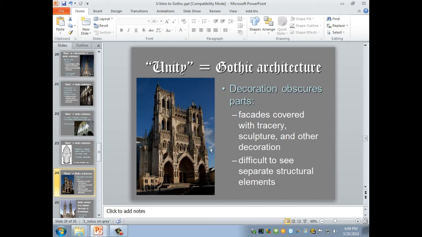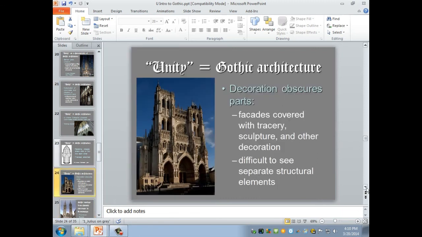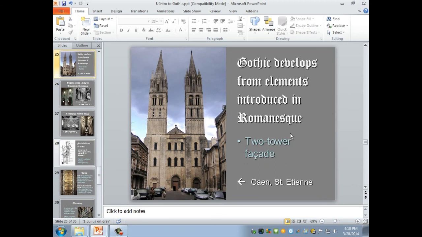The pointed arch is introduced in Burgundy in the Romanesque period, at Cluny 3, St. Peter and Paul, and you can see the pointed arches in the nave arcade, and possibly, we think, slightly pointed in the vault. It's been torn down, except for one transept, so a little hard to tell. And then Saint-Lazare at Autun, another Burgundian church, kind of imitates the Cluniac style, and you have the pointed arch in the arcade.